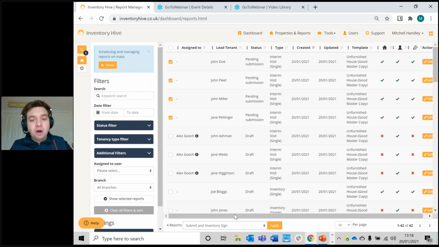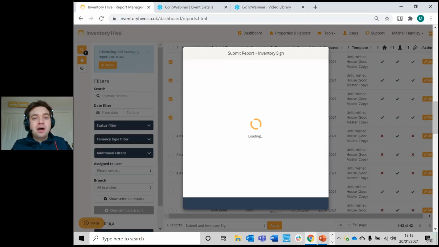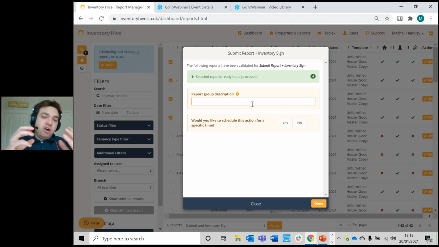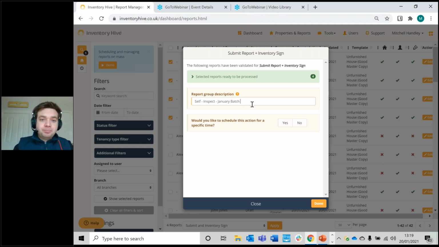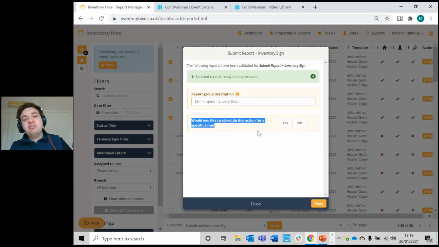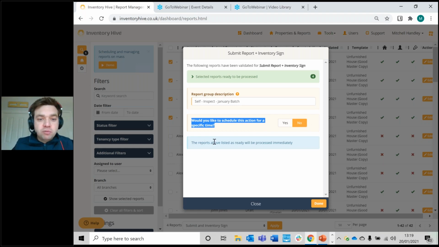So once I've selected that option and you click apply, you can then give this batch of reports a description. So in this case, I'm going to call it self-inspect batch 1. Or in this case, I can say self-inspect January batch. Then you can submit the report straight away. So it will ask you, would you like to schedule this action for a specific time? If you tick no, the reports above will be processed immediately. So it will send out to the tenants immediately,